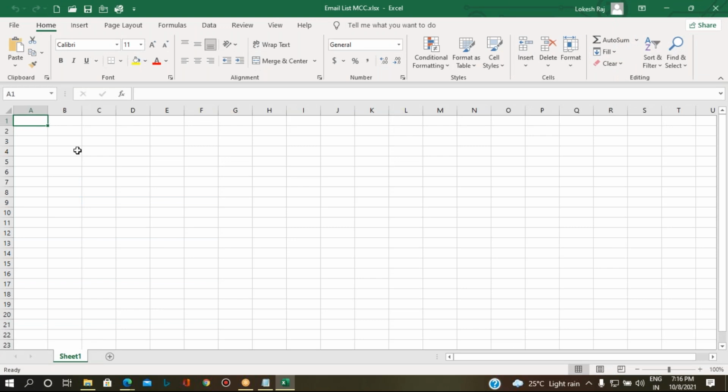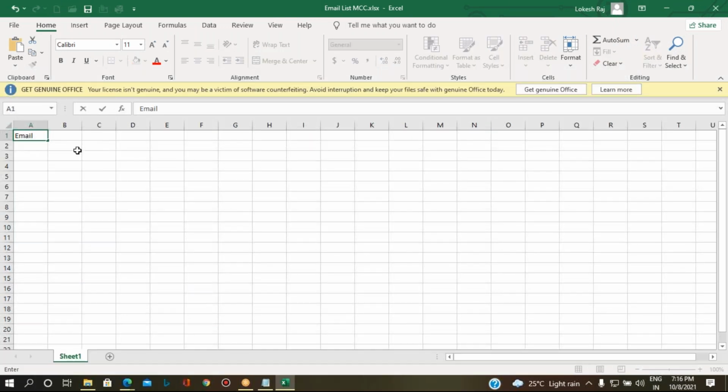So let me add the first column name as email address. The next thing is first name, last name, then address. Okay. So this is how the format should be.